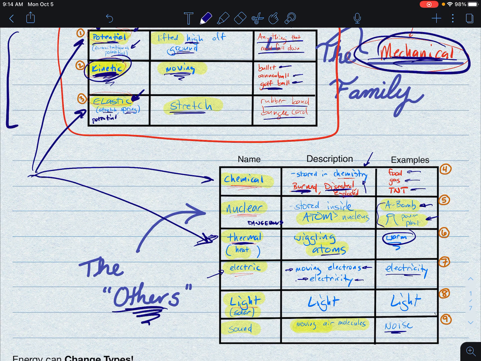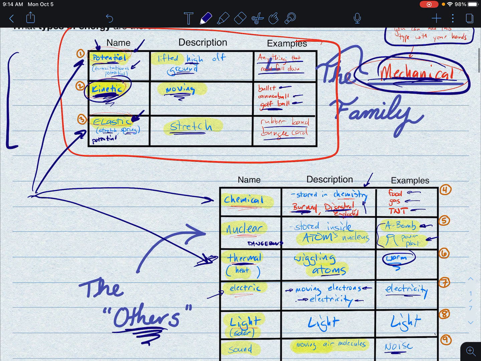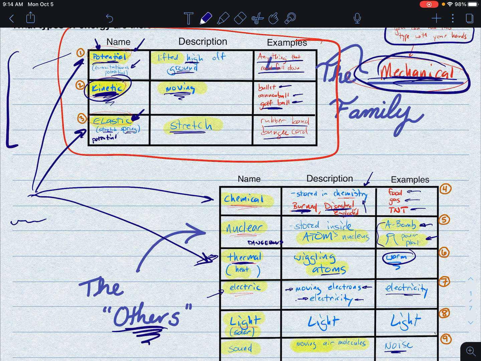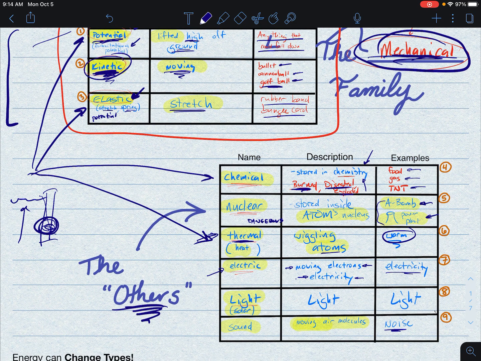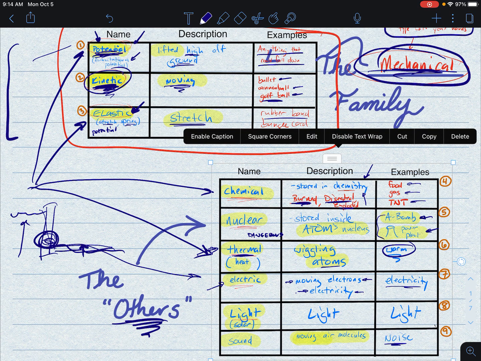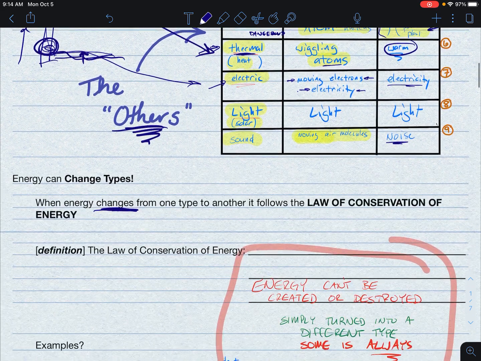A dam, for example, like the Bonneville Dam, where a lot of Portland gets its power from, there is water held up high in this dam. So here's the water level, here's the dam, right? The water level is high off the ground, and so it's got a lot of potential energy. It comes down and it falls through these turbines down here. Well, if it's losing its potential energy, that means it's turning into something else. It turns into kinetic because it starts spinning these turbines really fast. And then that kinetic energy of a spinning turbine is used to generate electric energy. So when the water comes out down below the spillway of the dam right there, now it's low, it's not high. So it lost a bunch of potential and it gained electrical energy.